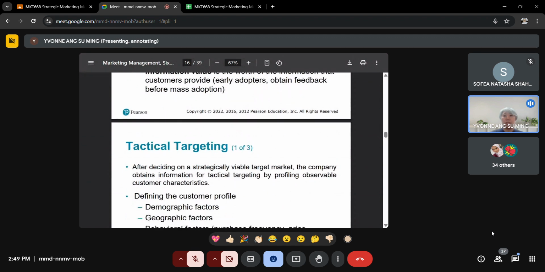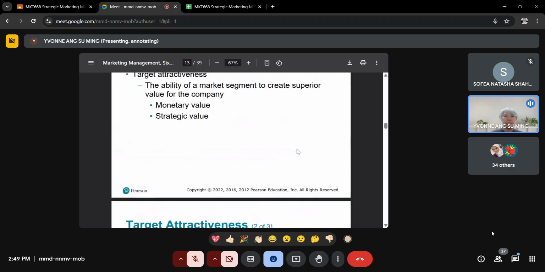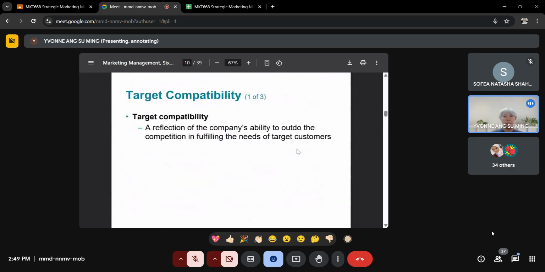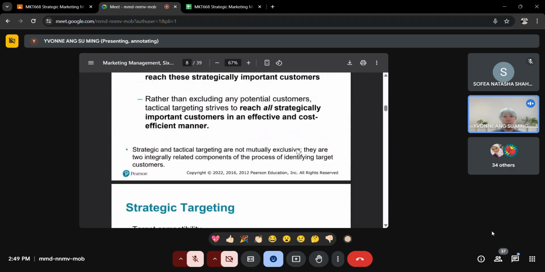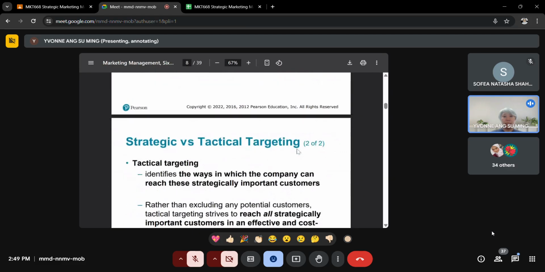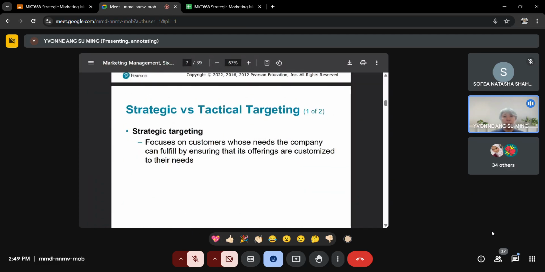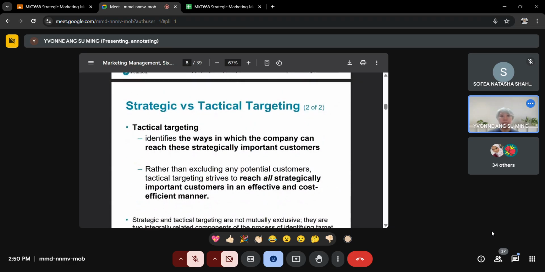Okay, now that I've finished strategic targeting, strategic targeting dah habis ya. Let me just go back a bit lah to make sure that it's very clear. Tadi kita kata kita ada strategic versus tactical targeting. Okay, so for strategic targeting, you can see the definition is given here, and then this is for tactical punya